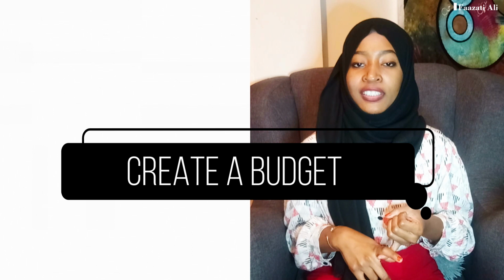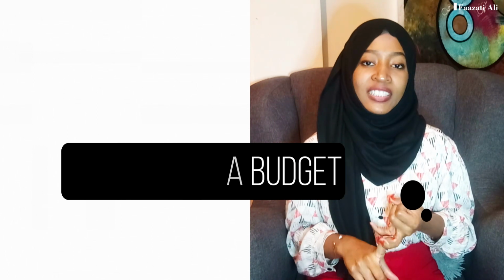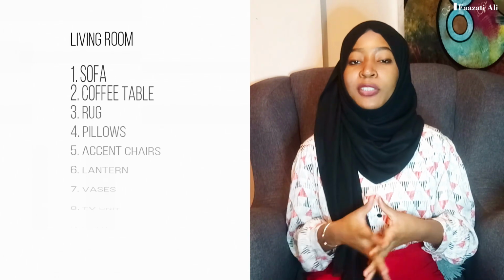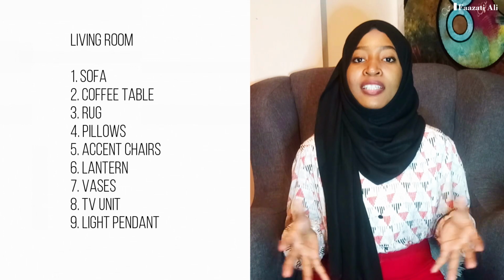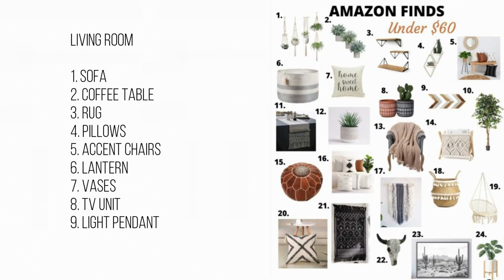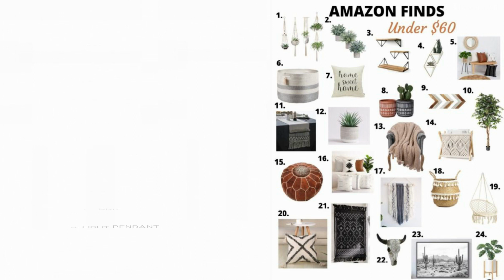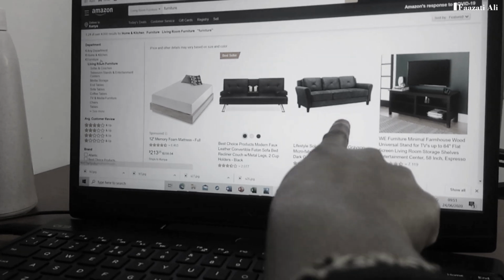Now the next tip is to simply create a budget. Now guys, once you've figured out your layout, you've decided on your mood board what items you want in this particular space, you've figured out the style you're working with, you want to look for pieces that will actually fit in this particular space. And while doing this, guys, you definitely have to figure out a budget. To do this, create a list of all the items you need in a particular space. Go out there, look for them in stores, online, and so many other different places. Note down the different prices, calculate it, figure out what the total comes to, and decide if these items work